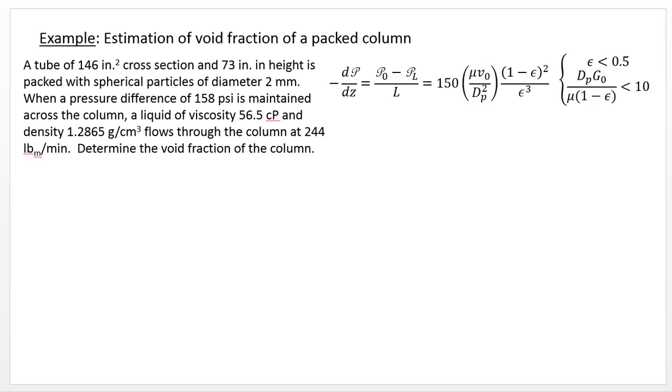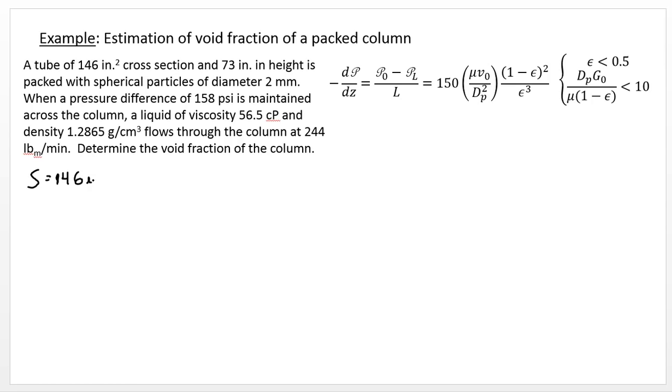We can see right away the first impediment here is we have a big mixture of units. We have English units, we have SI units, we have other things as well. So what we want to do first is convert everything to consistent units and then figure out which of the three correlations on the previous slide we can apply, depending on the values of epsilon and d p G naught over mu times (1 minus epsilon). So let's identify the various parameters. We have 146 square inch cross section. This tells us that S is equal to